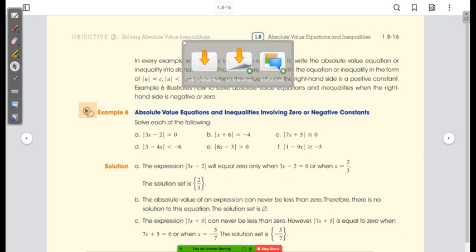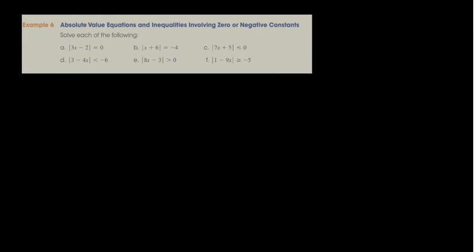I think these problems are fun. It's better than the mindless computation that we do most of the time. So E has the absolute value of 8x minus 3 is greater than 0. Well, so